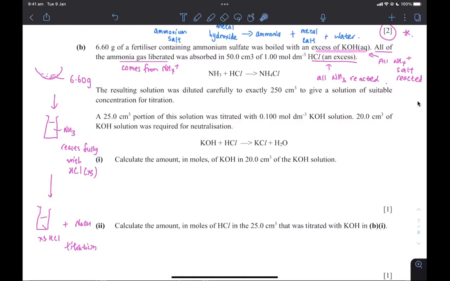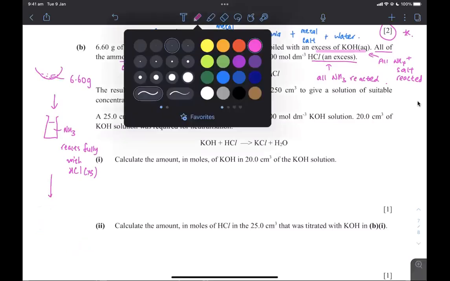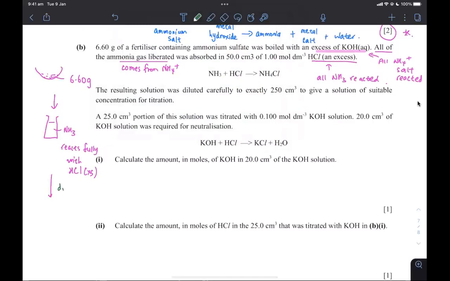We are titrating the excess HCl with the, where are we going? Hang on, no. This is 50 cm cube of 1.00 mole per dm cube HCl. I beg your pardon, not yet. I think I missed one step. So from here to there, you need to dilute. Diluted. So what happened then is you will get 250 cm cube of the